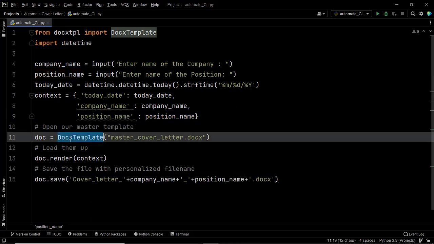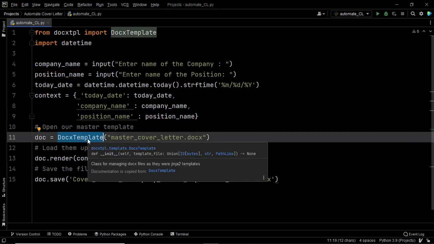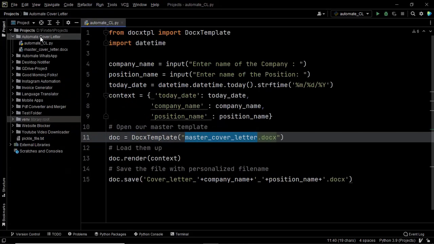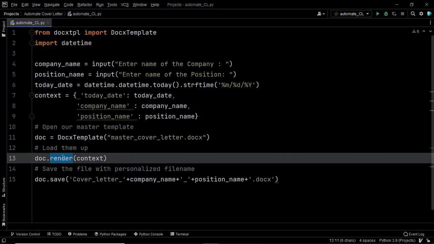We then use the DocxTemplate class from the docxtpl library to open the master cover letter template, and the name of that file is master_cover_letter. And as I mentioned, this file will reside within the project folder. So this is our project folder, and as you can see, master_cover_letter resides within this folder itself. We then use the render method to fill in the placeholders in the template with the actual data